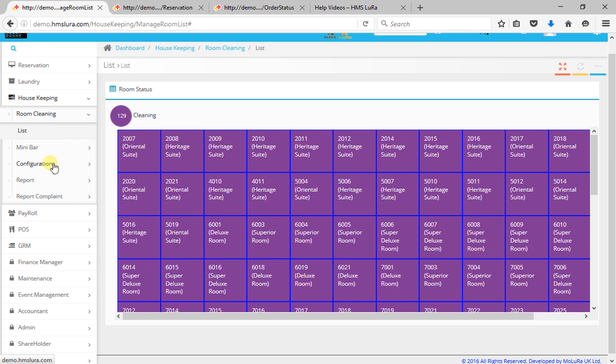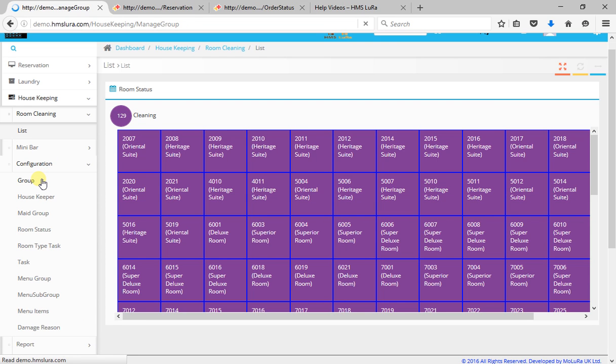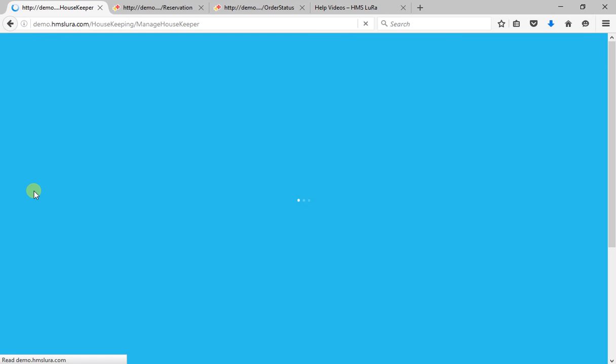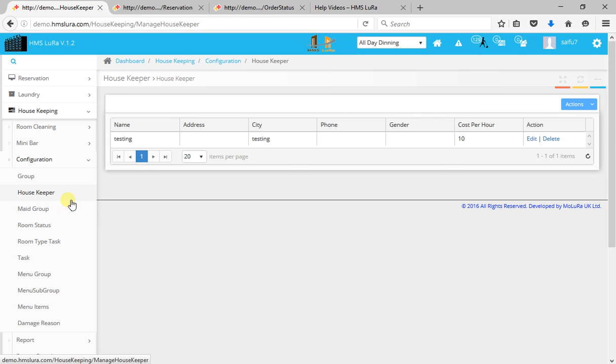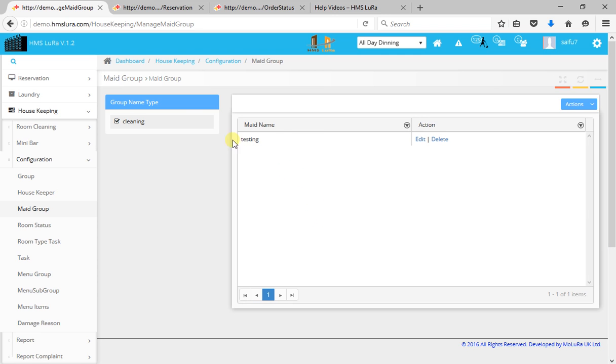As I said, you do the configuration of rooms, which room is going to be what, and how you assign the task. You can do it as cleaning, or with a housekeeper name. You can do a maid group, where some people just do this particular work, and you can just create a group. Status of the room,